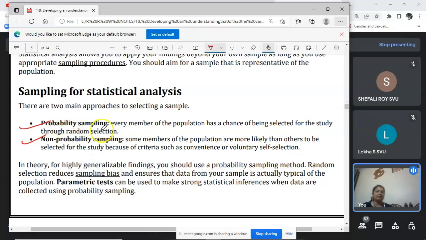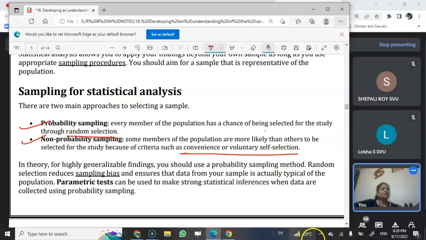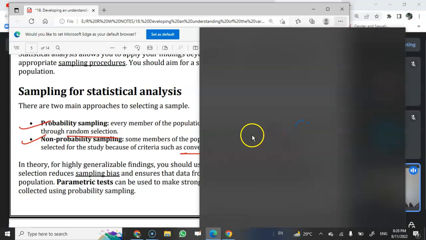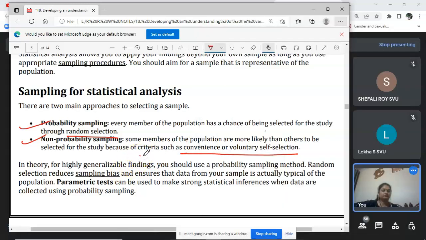So in probability sampling, every member of the population is chosen randomly, and in non-probability, selection is according to convenience or voluntary. So this is the parameter which we are using for our sampling section. Understood? Yes, ma'am. Fine. So those are the two steps I am doing till today, because we